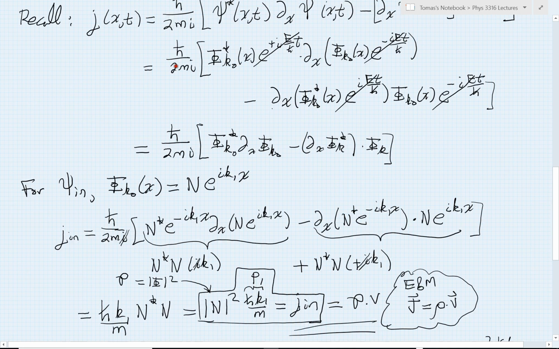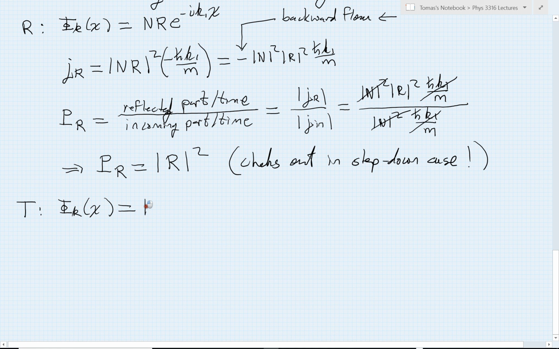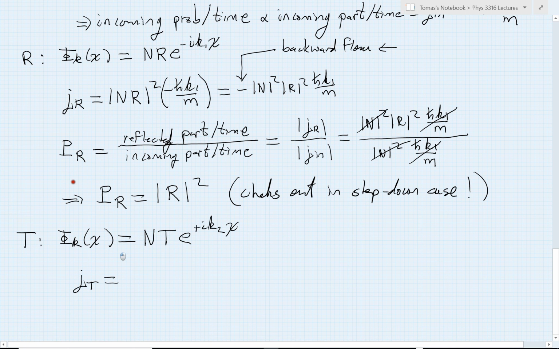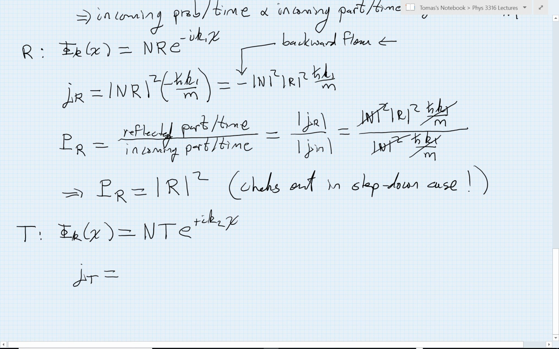So let's think about the consequences of that. Now I have, instead of n r with a minus i k1 x, an n times t with a plus i k2 x. So we can run through the same logic very quickly. I hope we can pick off the current density now very easily. It's exactly the same type of logic. I should take the probability density of this, which would be its amplitude n t magnitude squared. I then multiply by the particle velocity, or in this case, h bar k2 over m is literally what will come out when I calculate my current density.